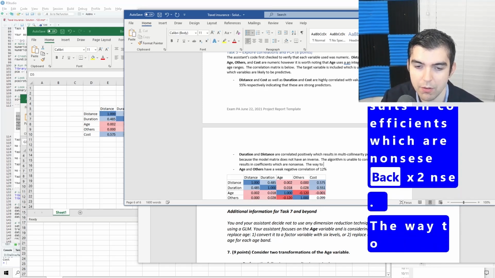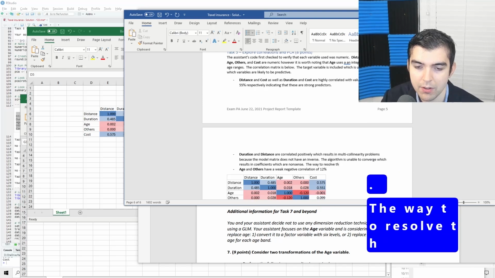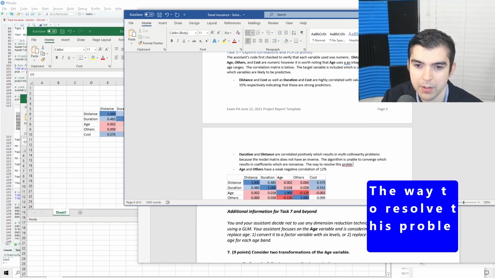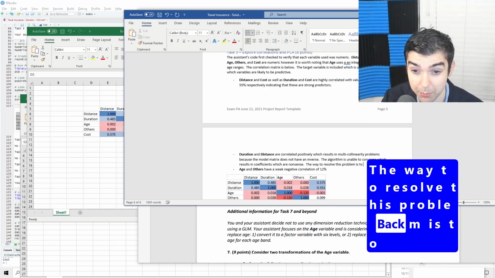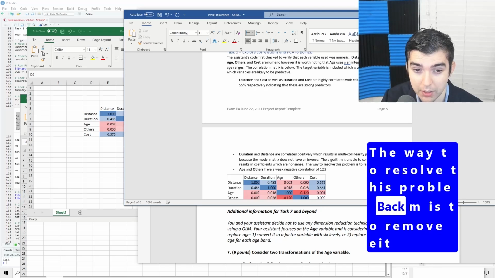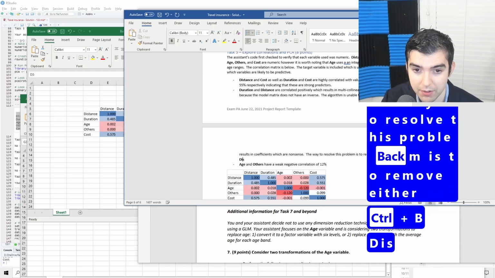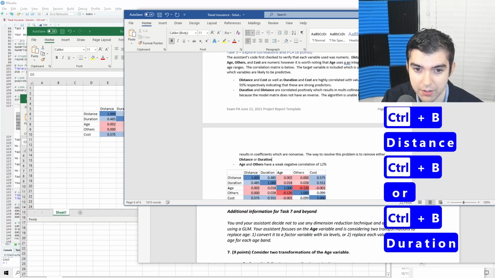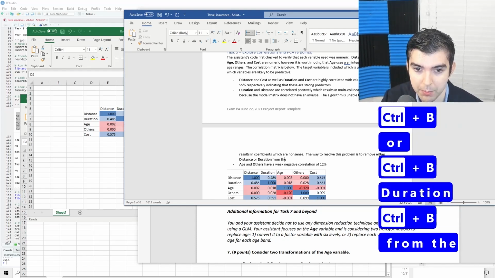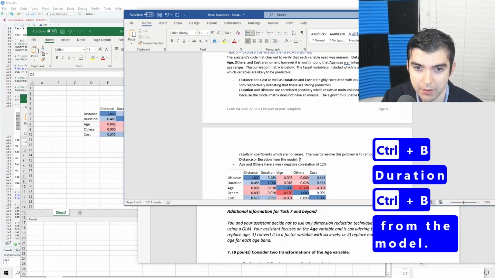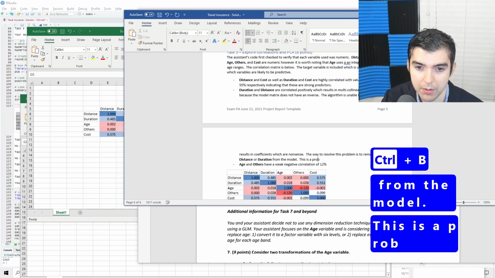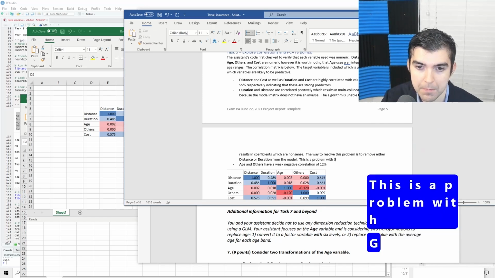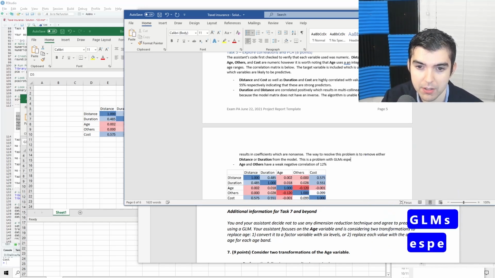The way to resolve this problem is to remove either distance or duration from the model. This is a problem with GLMs especially.